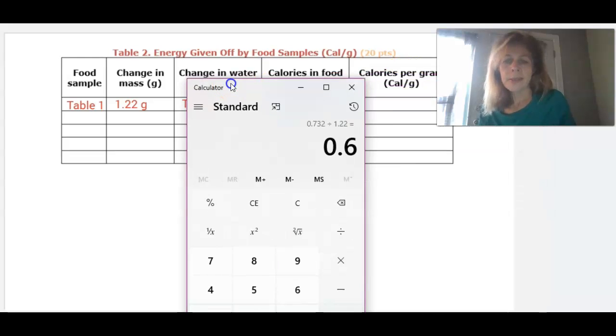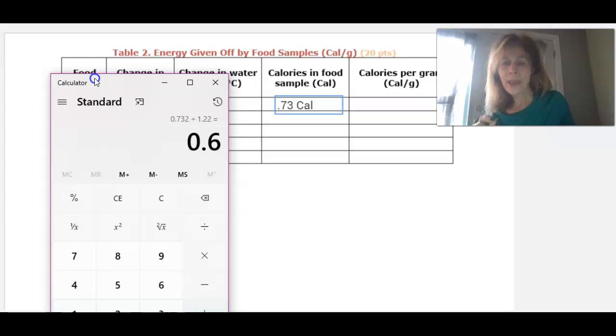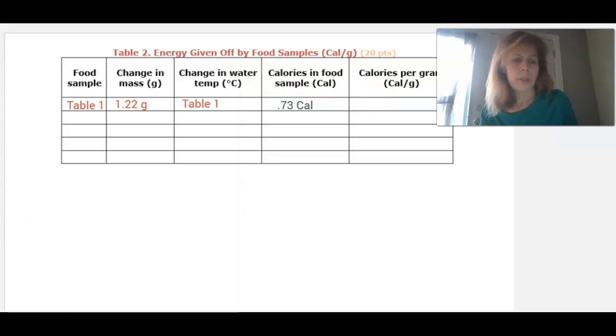What that tells me is that I have 0.6 of a calorie for every gram of food for this. So then we just enter that right here. So 0.6, and that would be calories per gram. Okay, so just to do a recap,